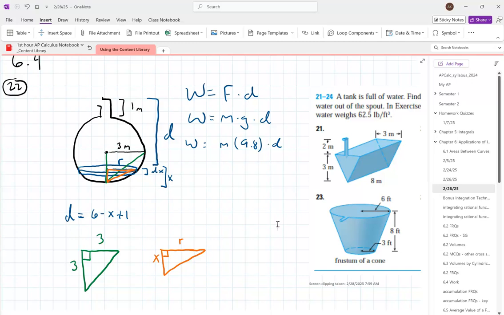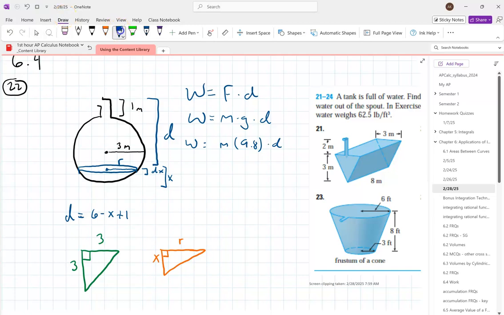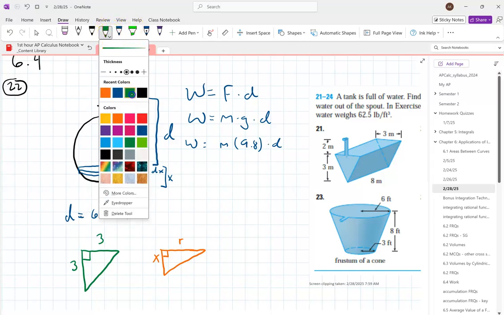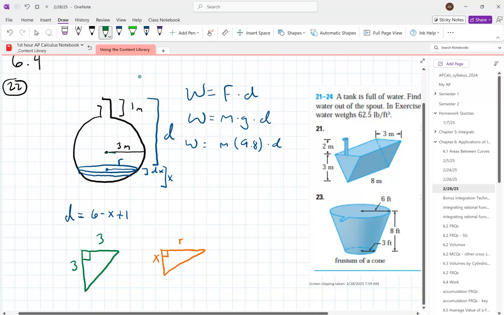Maybe I've just drawn the wrong triangles. Let me try that. Maybe that's the issue. Yeah, I bet that's it. What if instead we think about